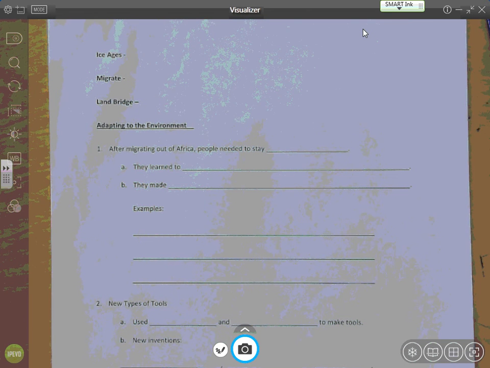Last time we talked about the Stone Age people and how they were hunter-gatherers and they would follow the animals in the water to move around. And now we're going to talk about where people moved, how they moved, and how they adapted to the environment